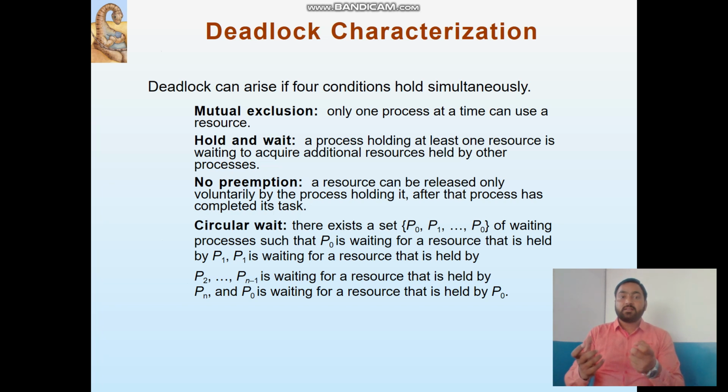If the process has acquired a resource, that process will release the resource only when its execution is completed. So that resource will be with the process throughout its execution, and you can say it is being wasted, because in between the time other processes could use that resource, but the process is not releasing it, so it is unusable by other processes, and this can lead to the condition of deadlock. The last condition is circular